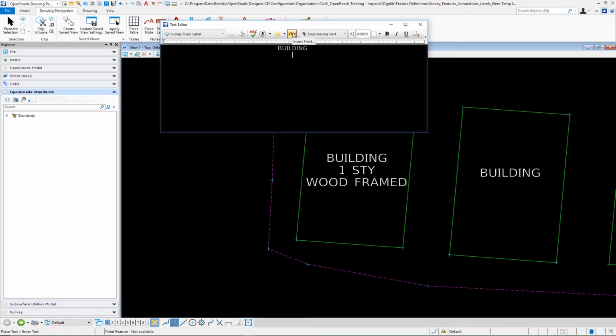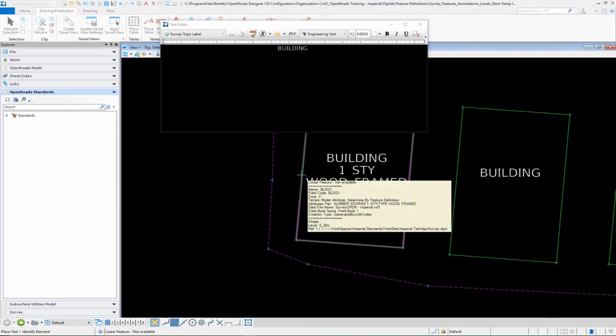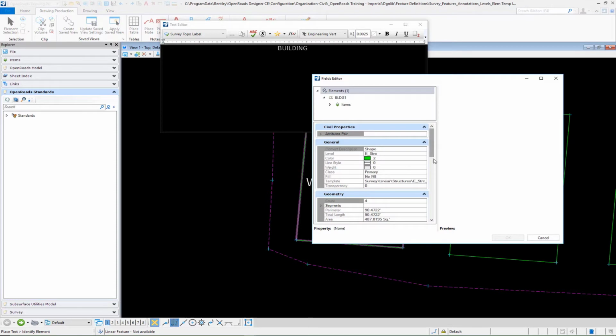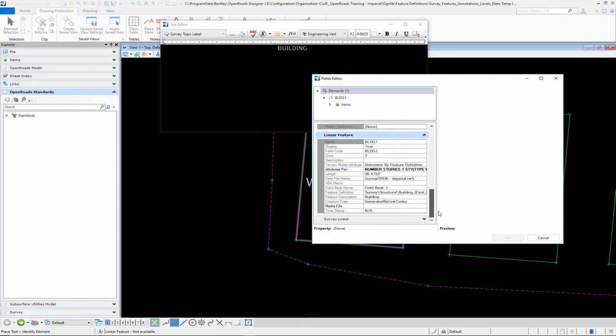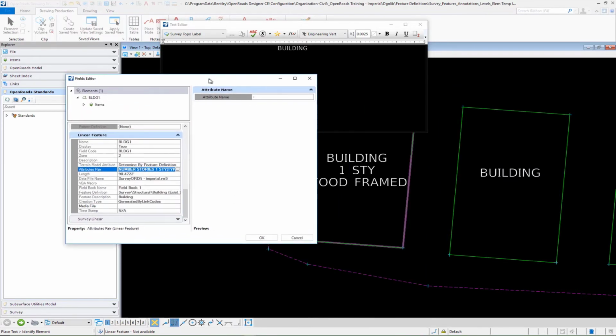and again we're going to go back to element properties, and so I'm going to select element properties and I'm going to pick our building boundary and go down to, once again, our linear feature attributes pair, and where we have our number of stories, okay, if you remember we have that to fill in, we're going to type in the same attribute name here, so number stories, and then when we complete that you'll see it returns a value of 1 story, which will make up